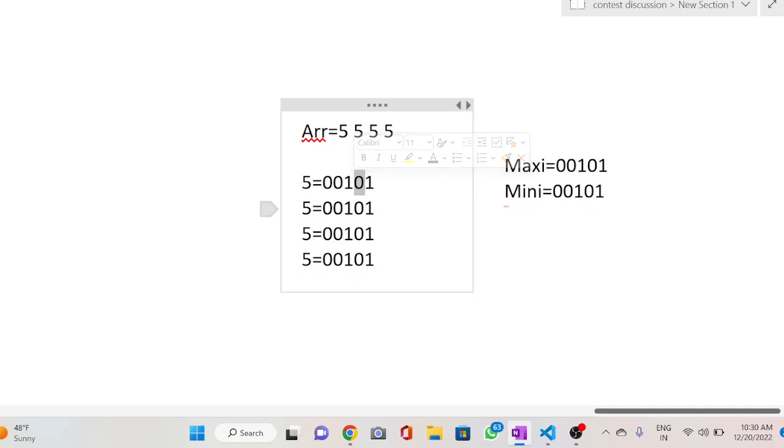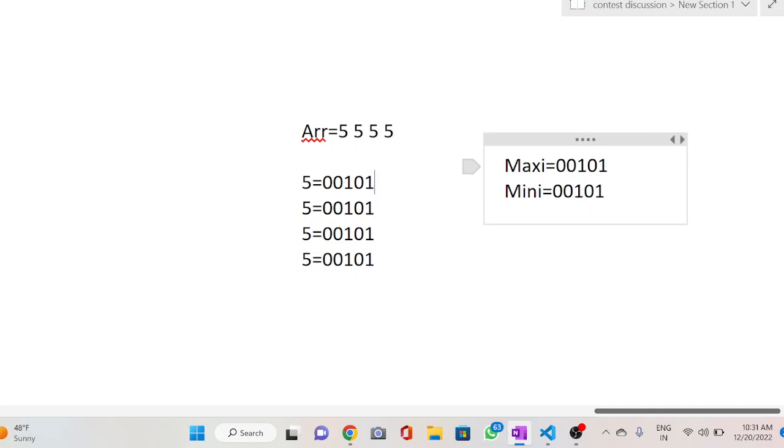No other elements contain 1 at this position, so we cannot convert this number, because if you choose this number and any other element and swap this bit, then this 0 will again convert into 0, so this does not make any sense. So we cannot convert this 0, so it will remain the same.